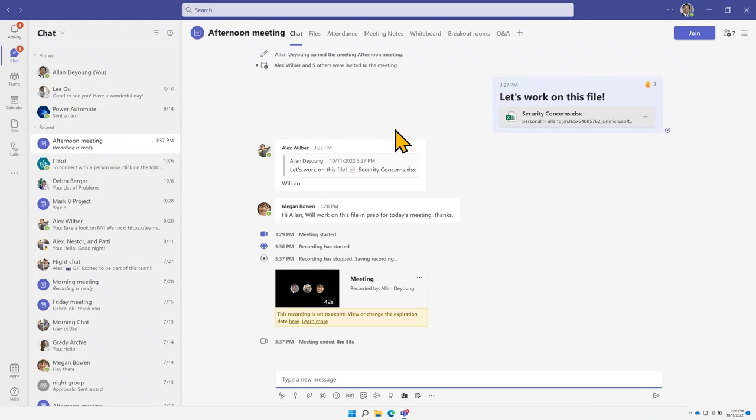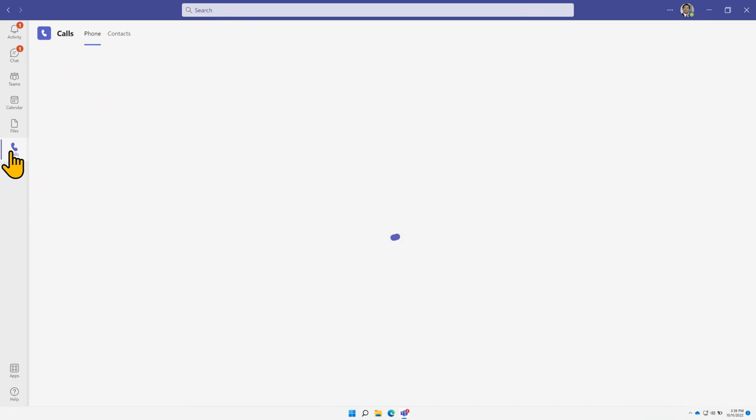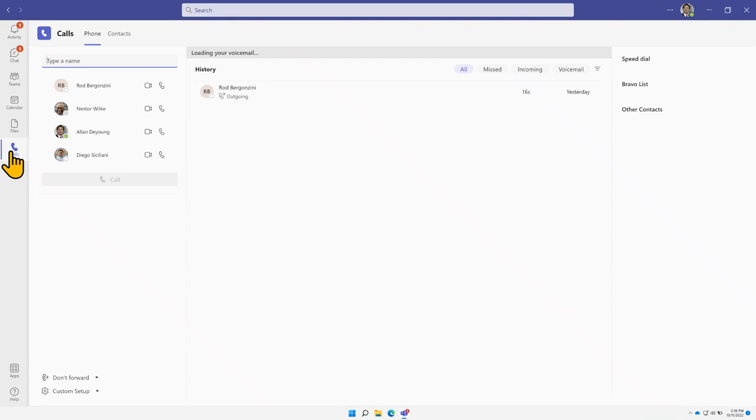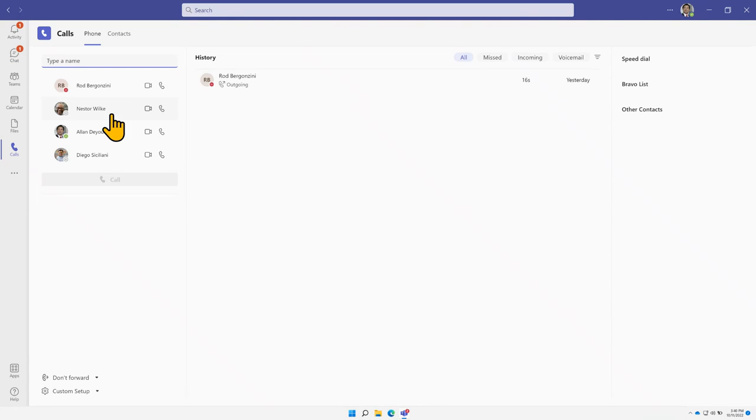So switching back to Microsoft Teams again. Let's take a look at calls. As far as the call goes, you can make a call right here, just type the name of the person. But what makes Microsoft Teams very convenient is if you're inside a chat,